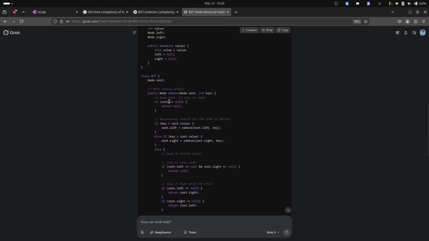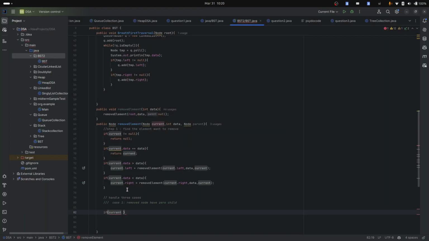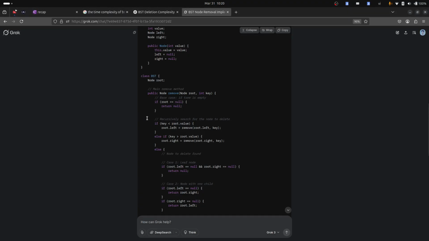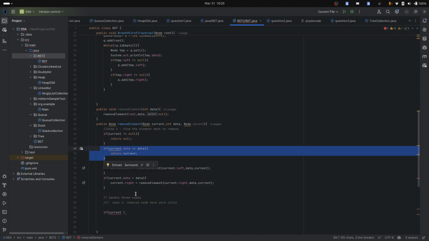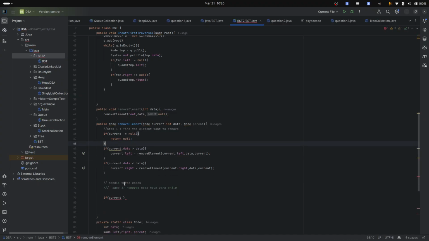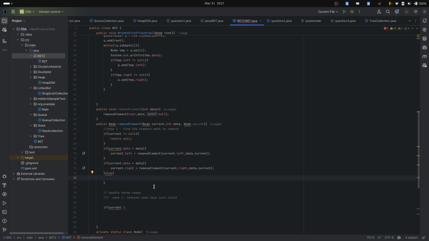Right here, it's going to check if the tree is empty. It's going to return null. Oh, this is the L case. When it's already equal, I'm going to do L for the left, which means that